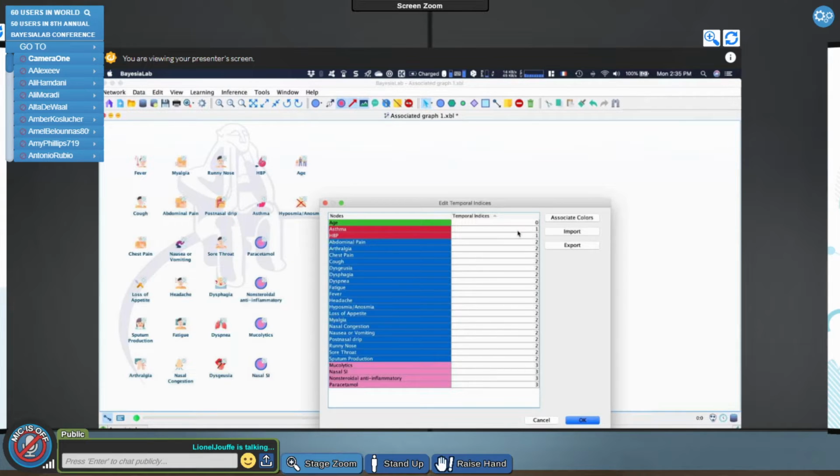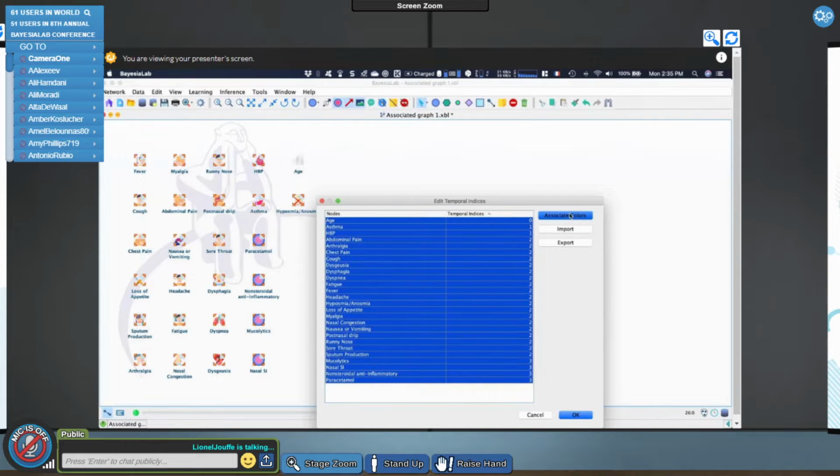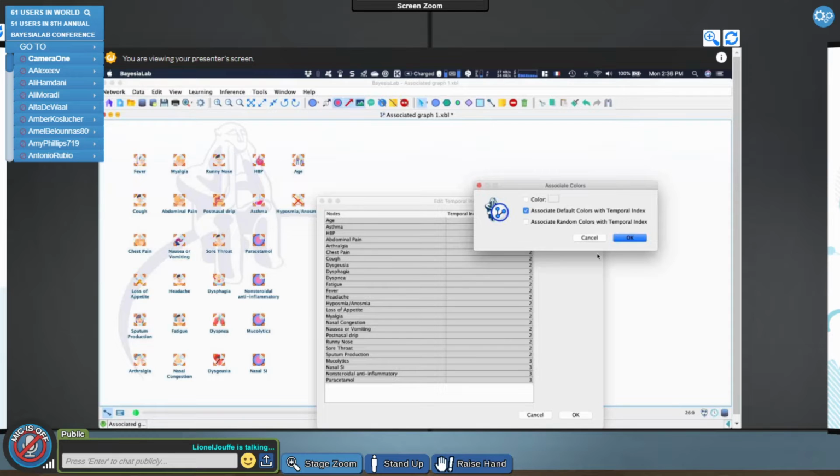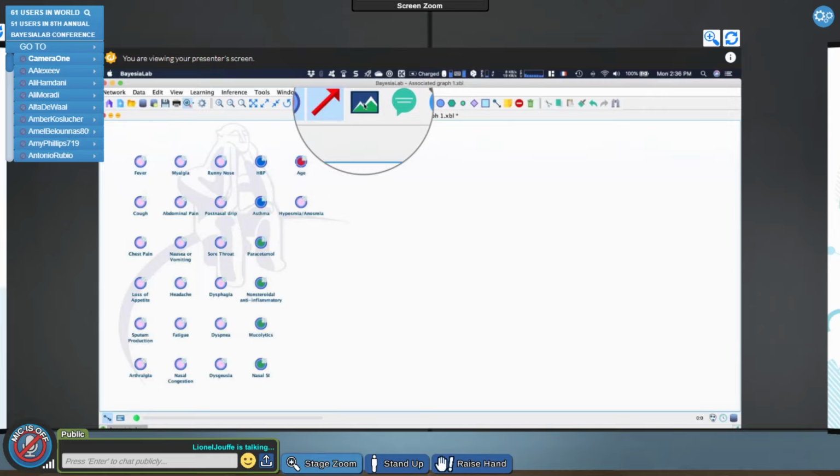These are the comorbidities, right? Then we have the symptoms and then the treatment. So I have defined these temporal indices that will be taken into account when we are going to do machine learning, right? And something that is also new is that now with these temporal indices, we can associate colors, right? So I can directly associate colors based on these temporal indices. And if I want to see the impact of this decision, I can just click on this icon to hide the images, right? So I have it now in pinkish, I have the symptoms and so on, right?